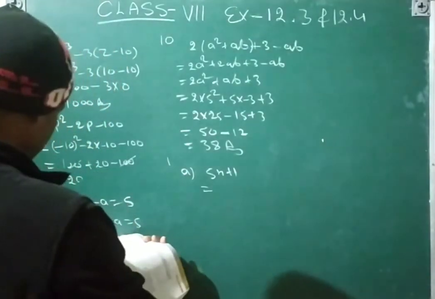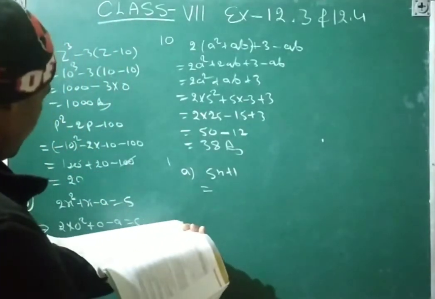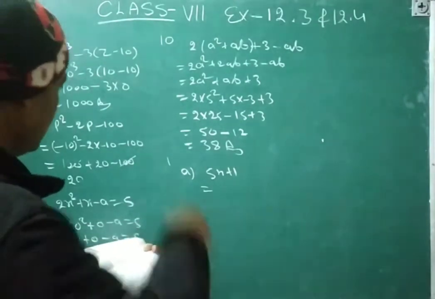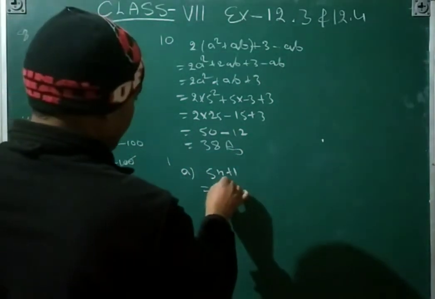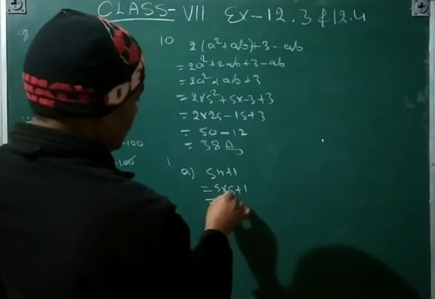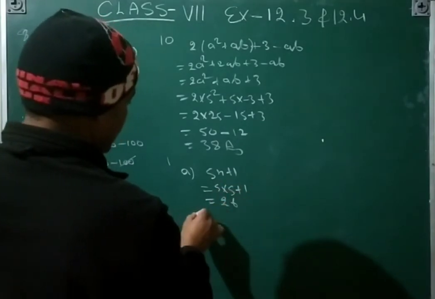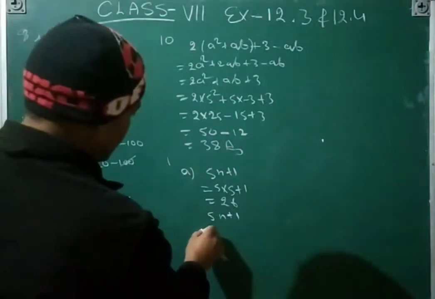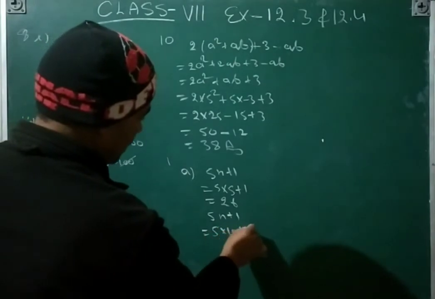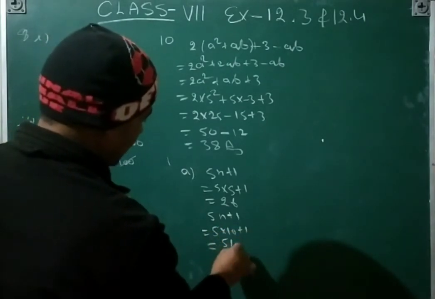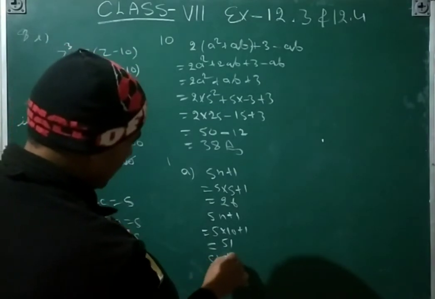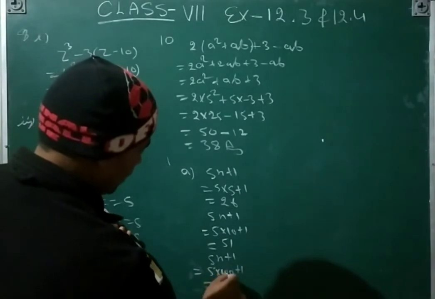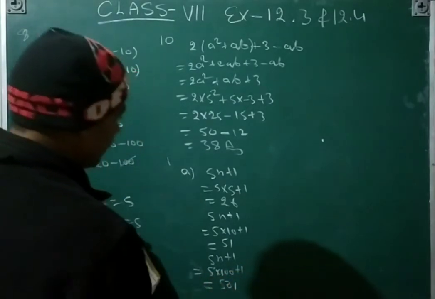And in the last line it is given: how many segments are required to form the 5, 10, 100 digit. So 5 into 5 plus 1 is equal to 25 plus 1, 26. And then for 5n plus 1 with 10, 5 into 10 plus 1 is 50 plus 1, 51. And then given is 100, so 5 into 100 plus 1 is equal to 501. That is the pattern.